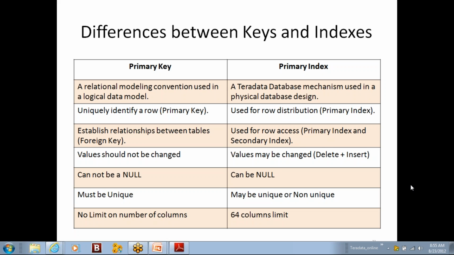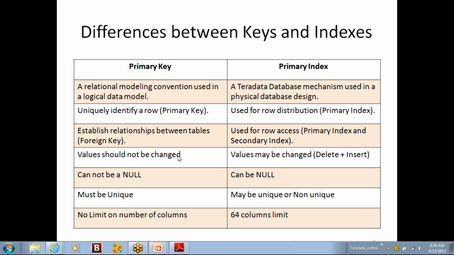The concept of having an index is how efficiently we can access the data, but with keys it is how efficiently we manage the relationships between the tables. That is the major difference between a key and an index. A key establishes integrity across different tables, and an index is about how efficiently we can retrieve the data back from the table.